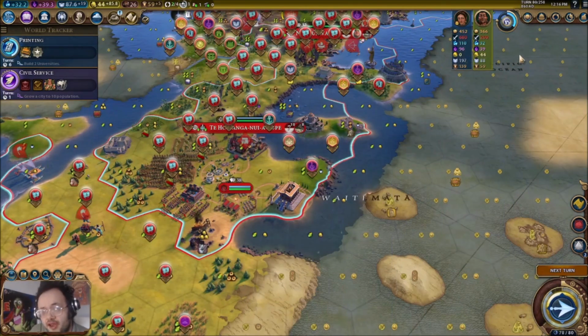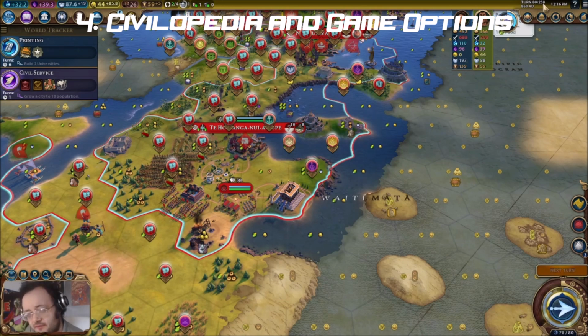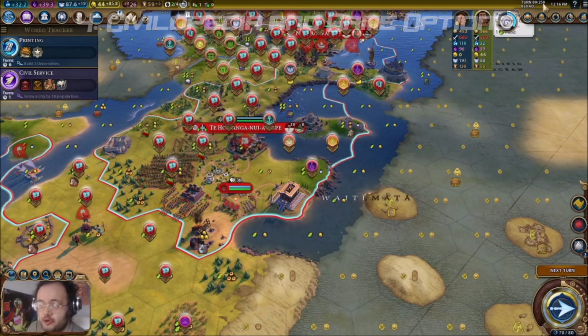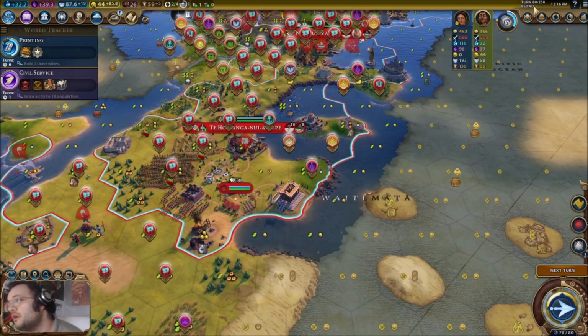Moving over to the right top corner of the screen now, you can see that we have the turn order out of the maximum amount of turns depending on the speed of your game. I play on online speed, so the maximum amount of turns I have in a game is 250. You never really reach anything like that. Most games on online speed are probably completed between 150 and 170 turns, maybe even less than that. The time of my local